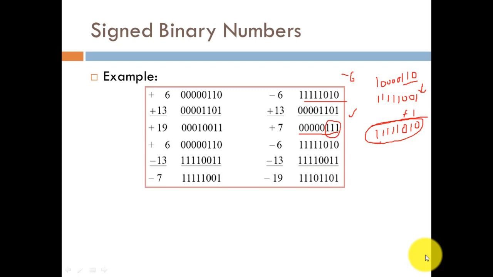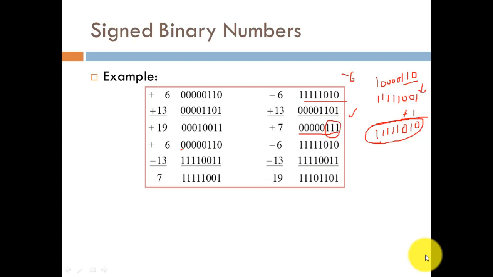Now in the third example, we have to perform this arithmetic operation, plus 6 minus 13. So plus 6 would have been written as 0, which is signifying the sign value, and 110 is representing its magnitude, which we had already seen. Minus 13 would be given as the 2's complement of negative 13, which is